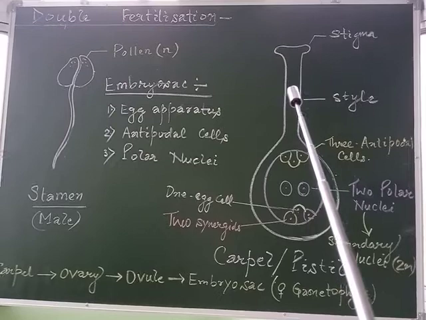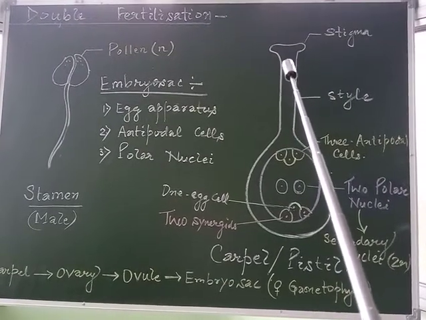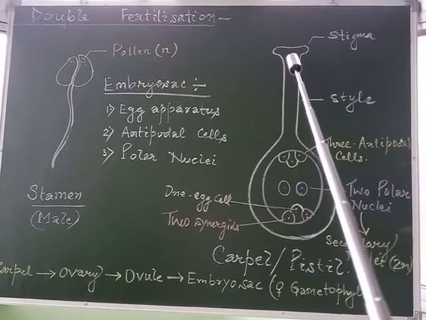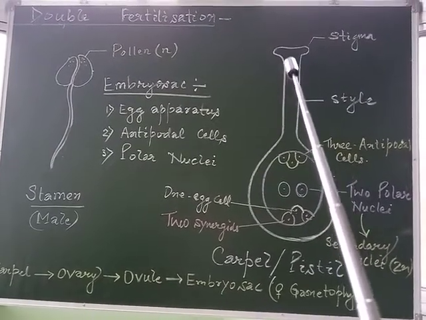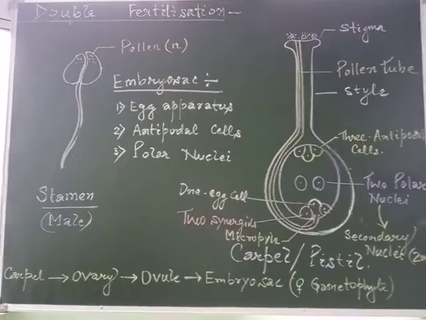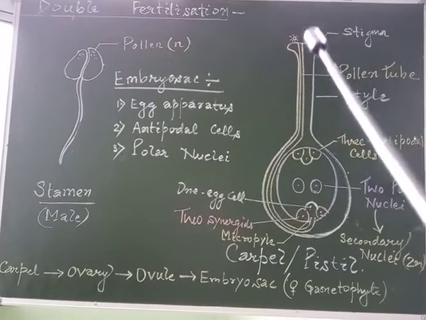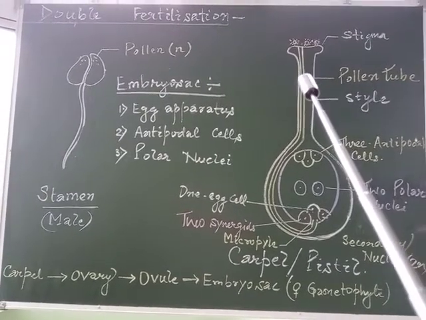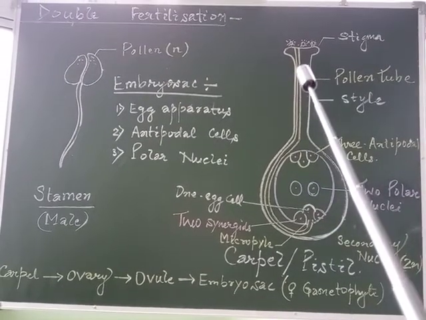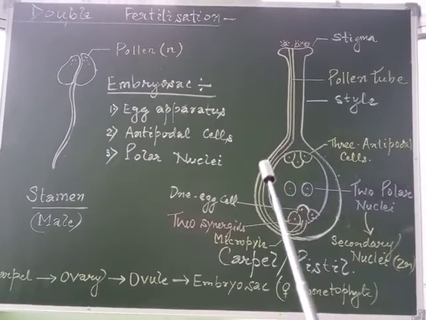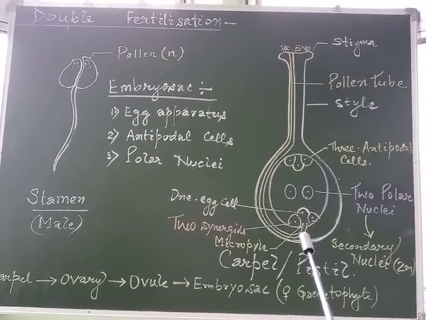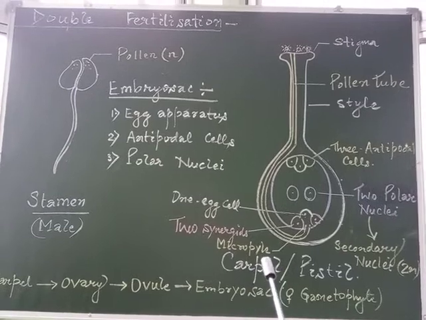Now, when the pollen gets dusted upon the stigma of the carpel, maybe due to different agents that help to complete the process, one of the pollen grains germinates and forms a tube-like structure passing through the style and entering the ovule or the embryo sac through the opening which is called the micropyle.